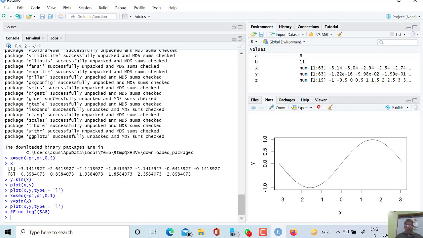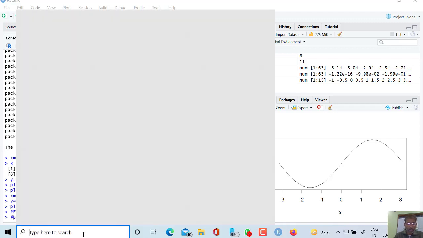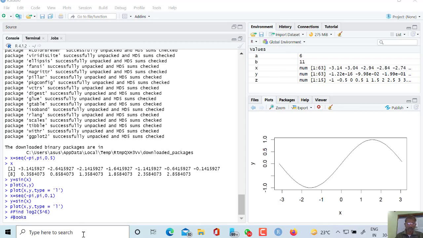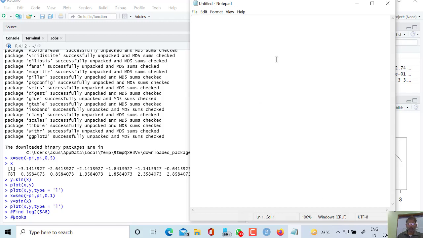There are so many books for this. Learning R Studio, R Statistical Computing by Mark P. Vanderloo. Let me open the notepad. Books.